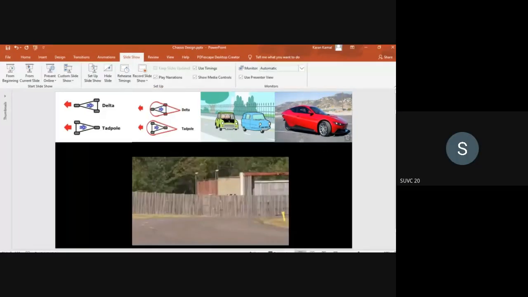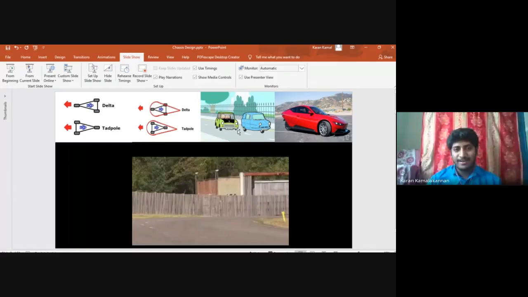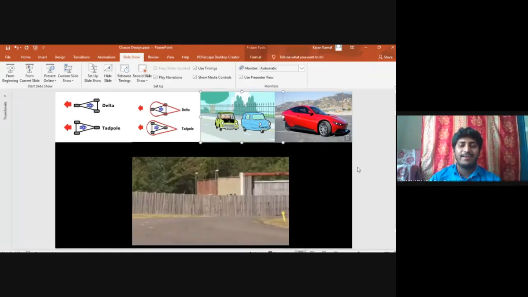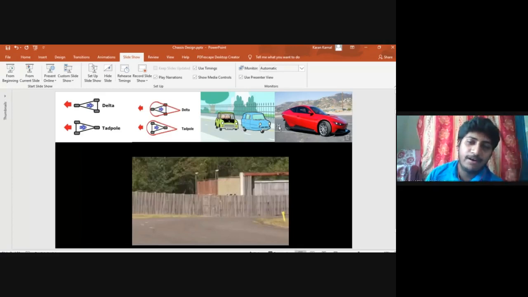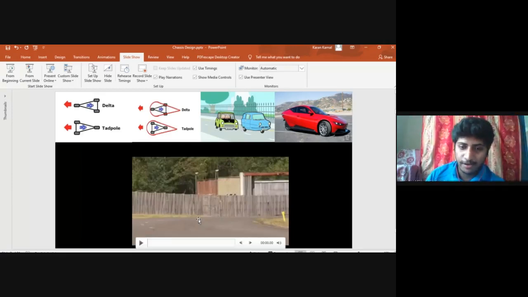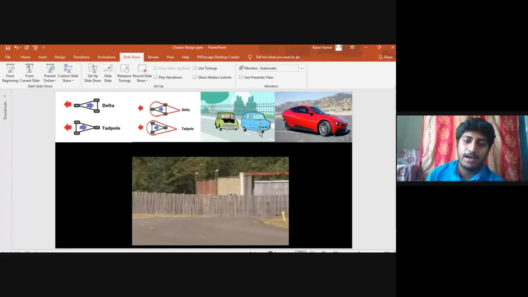From the third picture, you can see the car which Mr. Bean always used to hit, and naturally it will always get crashed into something. That vehicle is called the Reliant Robin. It has a delta shape design. In the following video you will be seeing this car in real. It is a real car.